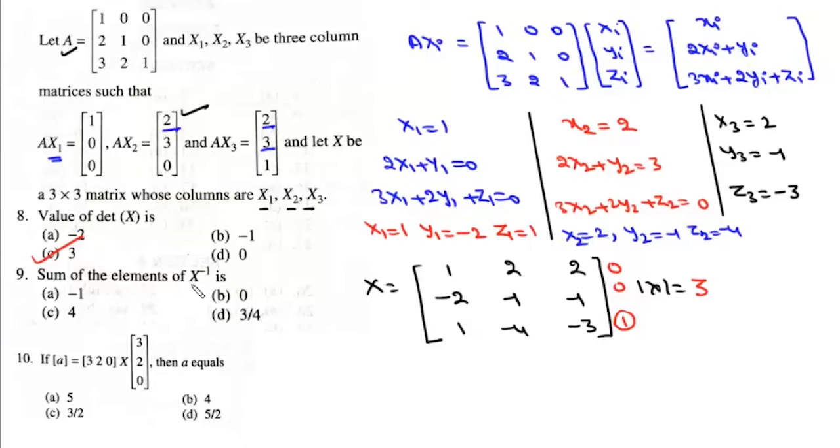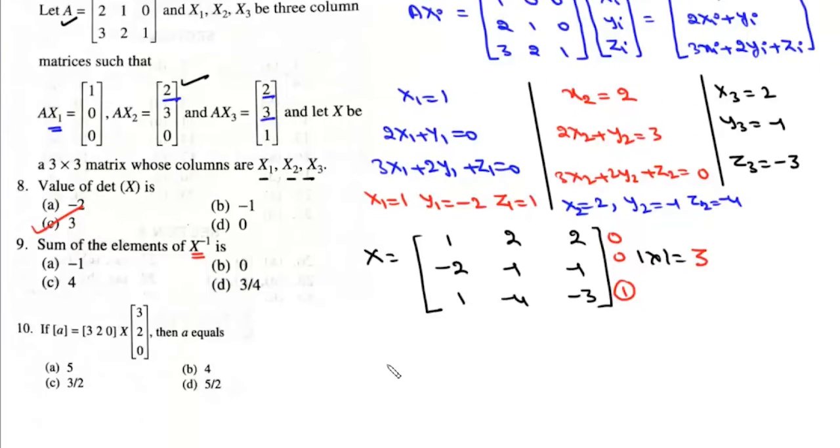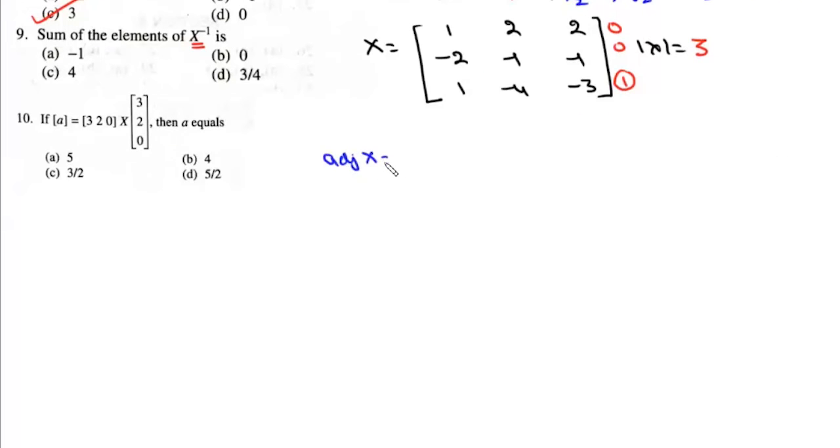Now the next one is sum of elements of x inverse. Now we know that x inverse is 1 upon determinant of x into adjoint of x. So for that, first what we'll do is we'll find adjoint of x. Adjoint of x will be, now this is 3, minus 4, minus 1. Next one will be this minus and then 6 plus 1, 7. So there'll be minus 7, and then it'll be this 9